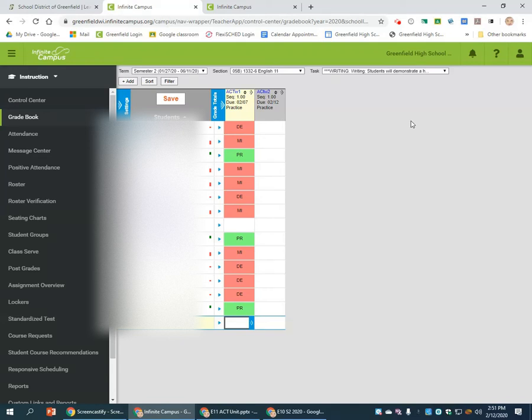If you wish to run a missing assignment report through Infinite Campus Message Center, you need to make sure that your gradebook is set up so that Infinite Campus can identify the assignments that are missing. In this sample class, you can see there are two assignments, one that's been scored and one that I'm going to score this week. The assignment with scores in it already,